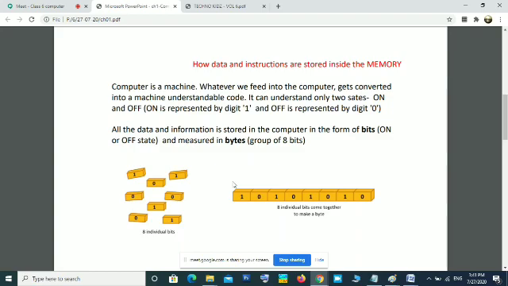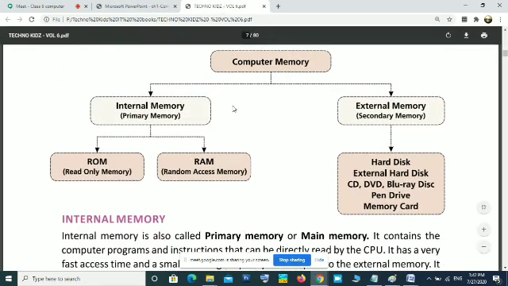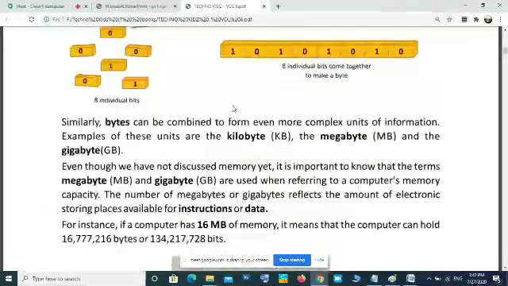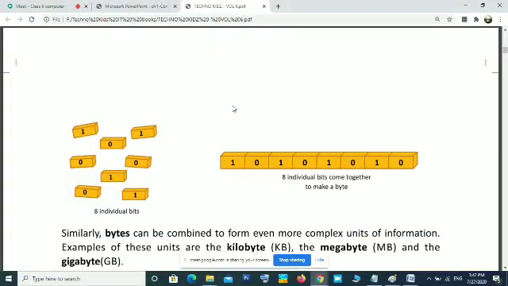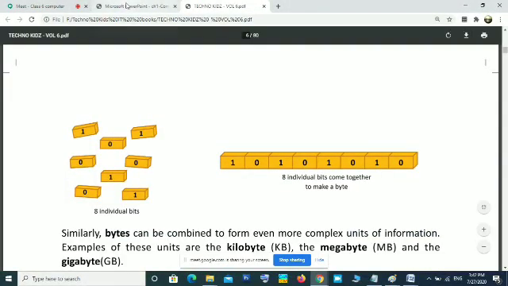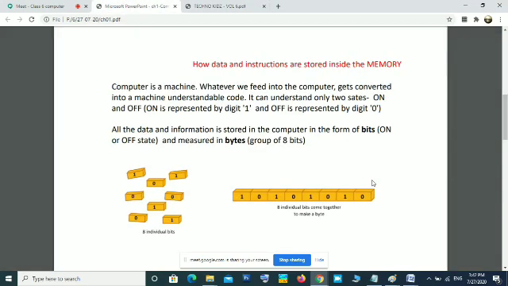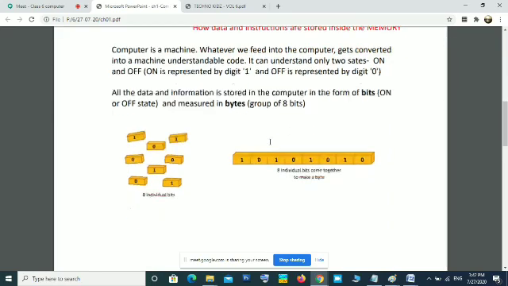That is some difference. Anyway, that content is in your textbook. Original content I will show you. Original content is here. This I made for easily understanding the thing. This is your original textbook. I added something with your content. So a group of 8 bits is known as a byte.